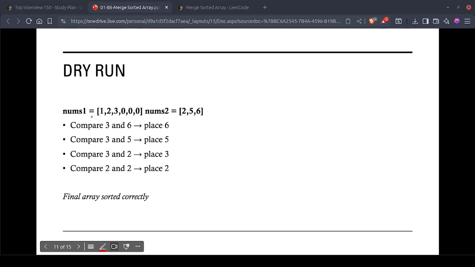So here I have nums1 as 1 2 3 and 0 0 0. Nums2 is 2 5 6. So first we compare 3 and 6, this one and this one. For that we have to place the 6 at the end, at this position. Then we have 3 again and 5 this time, and this time we have to place 5 at this